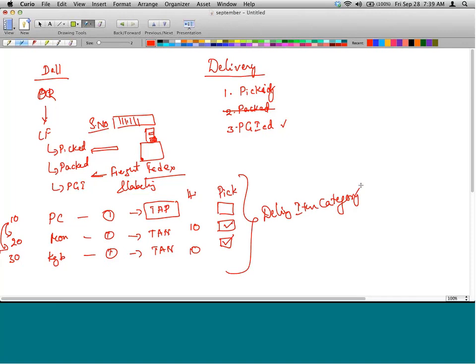Yes. There are different modes in which you can do packaging. First, you have to define the packaging material. Then sometimes handling unit management is used. How are things supposed to be packed? Can we pack two different things together, or do we need to pack them individually? There are many rules that come in packing. But that's more or less a topic that's not used very much in the industry. Packing is not used a lot, because there will typically be external systems that will do packaging. So packaging, I would say, ignore.